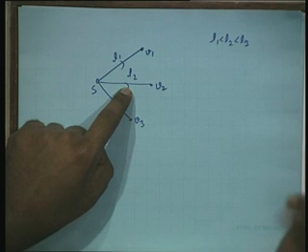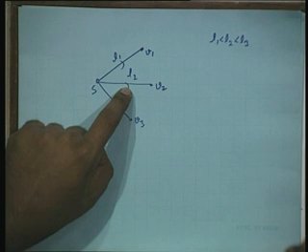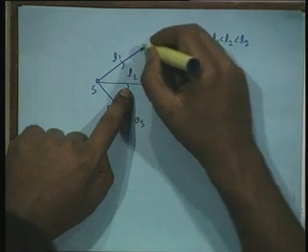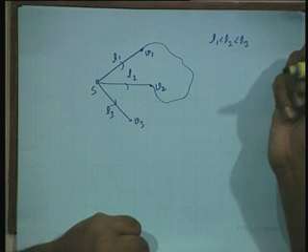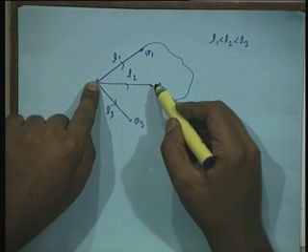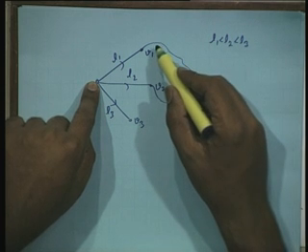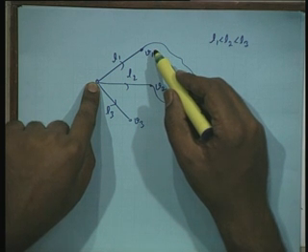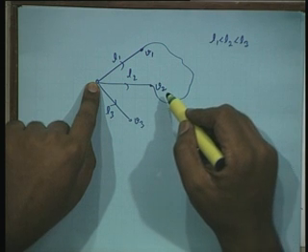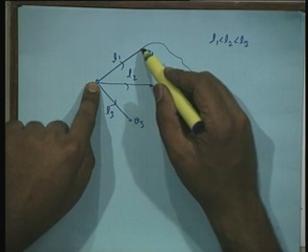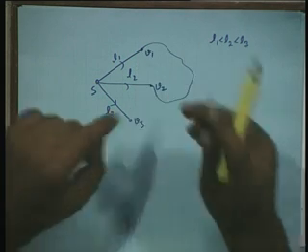Because edge lengths are all positive. There is no negative edge after this. That means if you take some path after this and reach here, then the length of the whole path has to be at least L2, because this part of the path length is only non-negative. It cannot be negative, right? Similarly, if we somehow go around from V3 and reach V1, then the length of the path has to be at least L3.